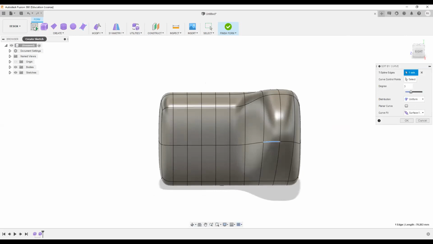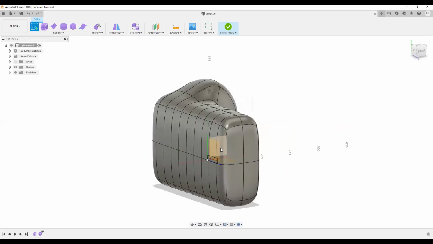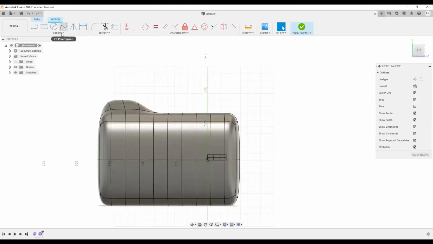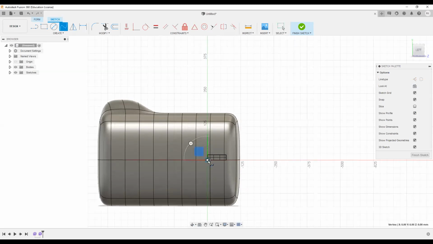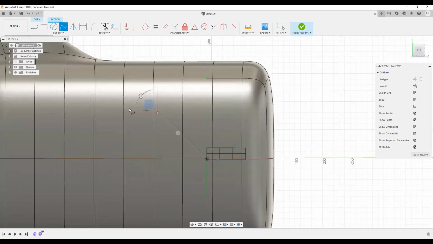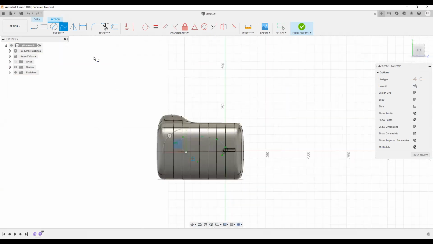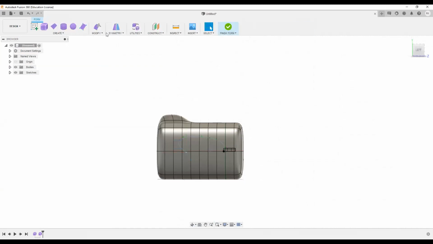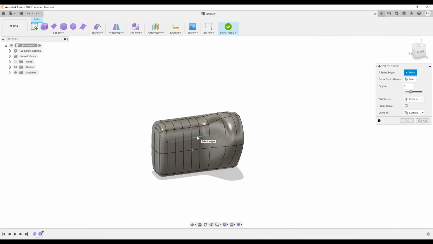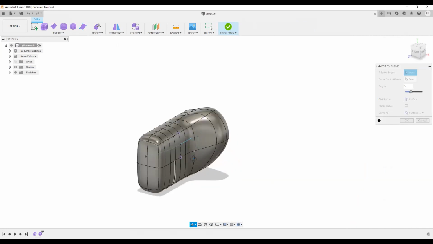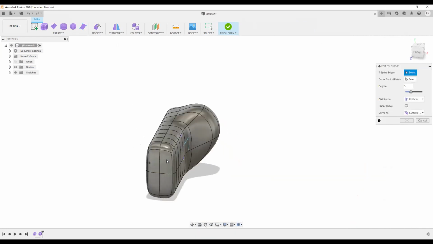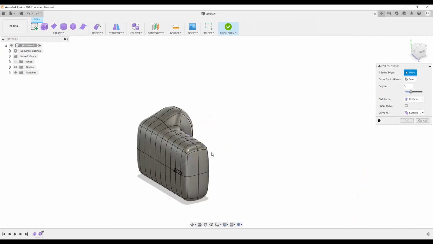For example, if I have a curve like this, actually it's not showing it here because I'll have to make a curve on the particular entity.